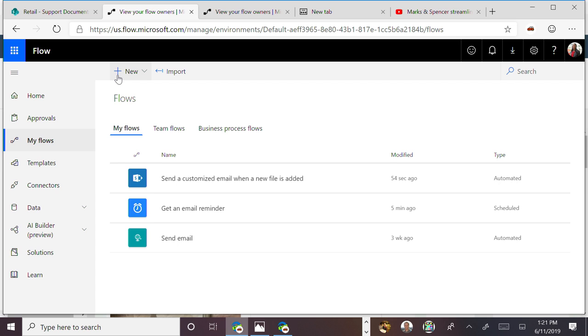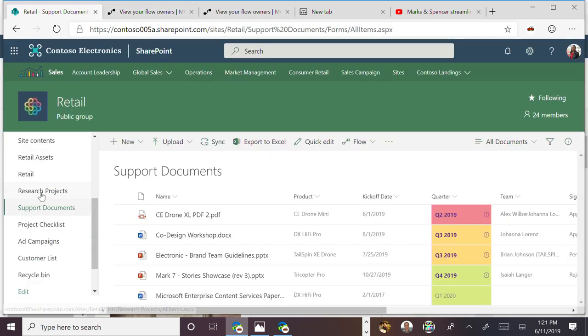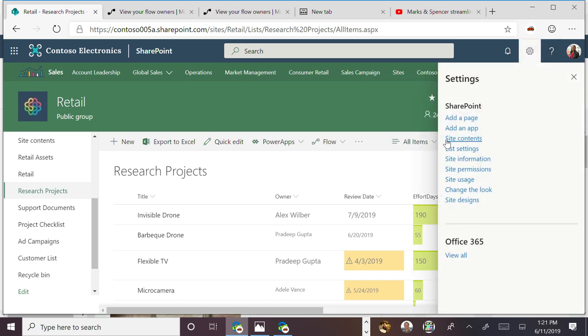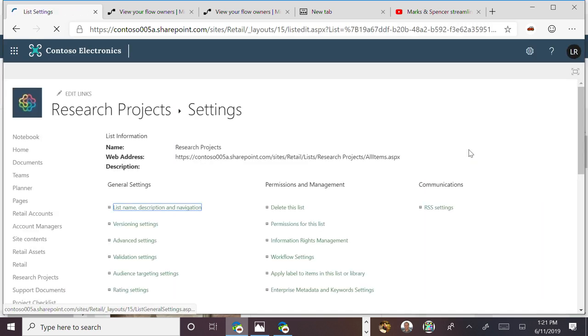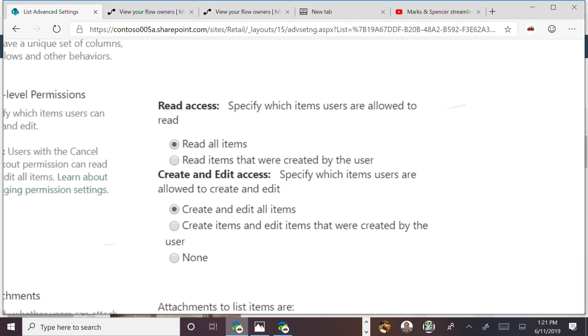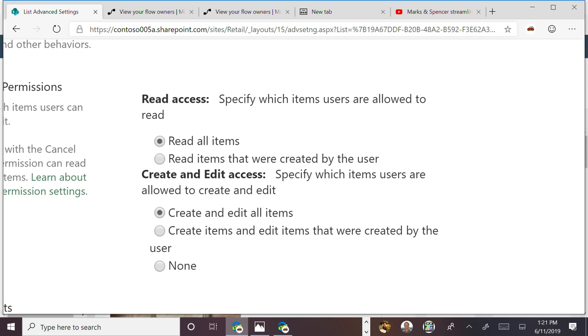So if I'm doing things inside of a SharePoint environment, which are highly recommended, for example, there's an advanced setting inside of a SharePoint repository about permissions, about what the default behaviors are going to be if you have lots of people contributing.